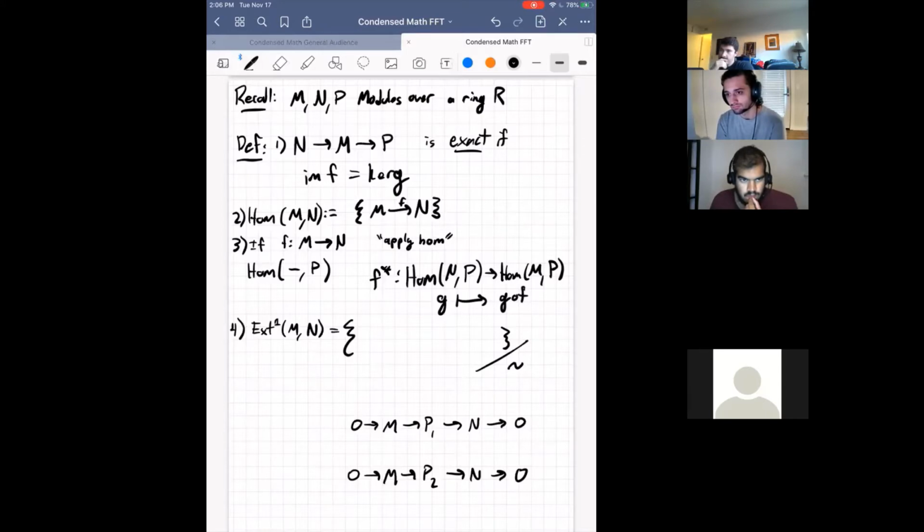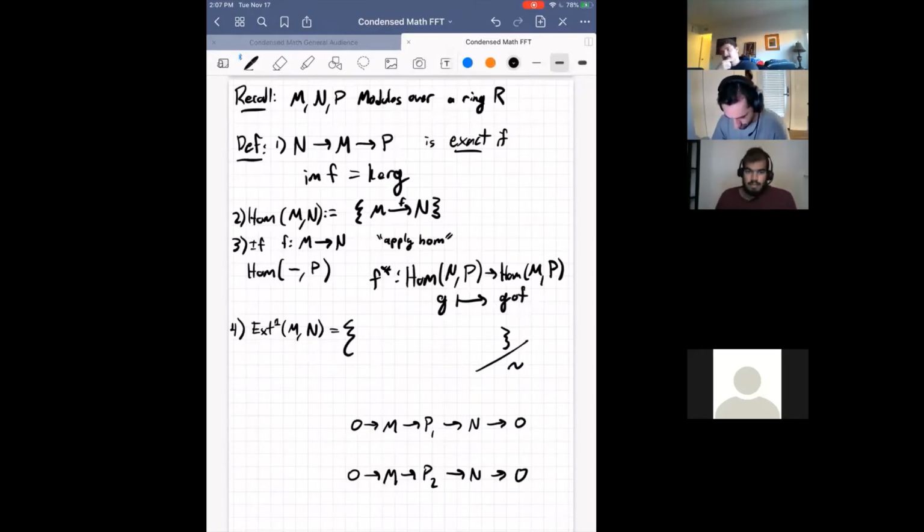And then the last thing I want to recall is something you may or may not have seen in an algebra qual, this thing called Ext. I'm only ever going to use the first Ext. So I'm going to define that here. And what it is